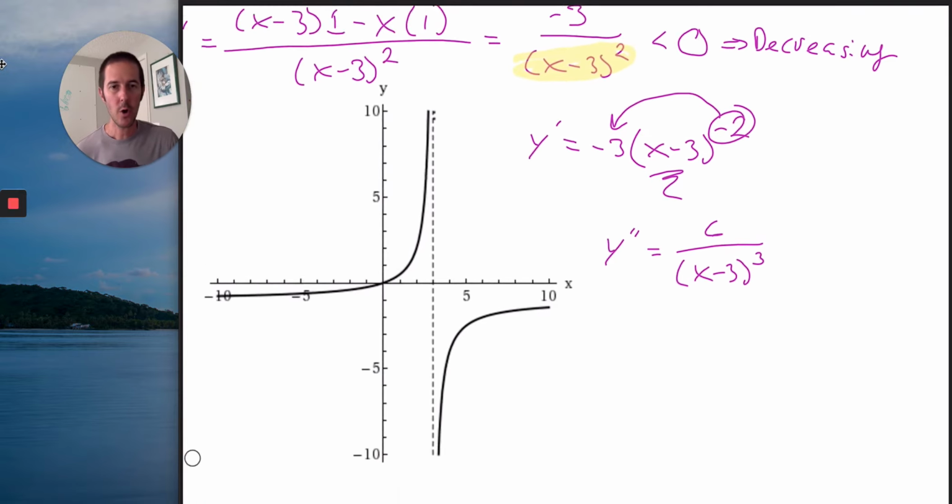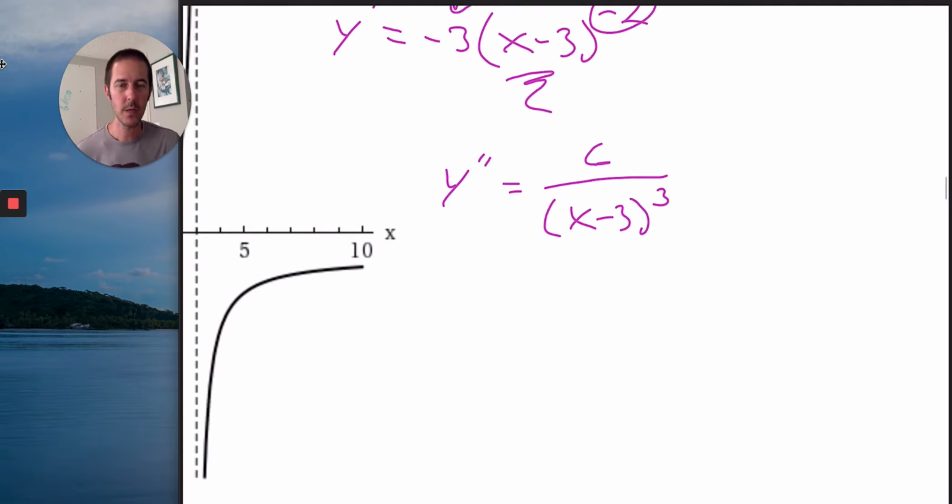Here the numerator is always positive, being a 6. The denominator, you're cubing it, raising it to the third power, which is an odd power, which means if the argument in here is negative, a negative cubed is going to be negative. Positive divided by a negative will be a negative. So if your x values are less than 3, then this argument, as I keep calling it, if your x value was 2, that would end up being negative, cubed, negative, 6 divided by a negative, negative. So this is less than 0